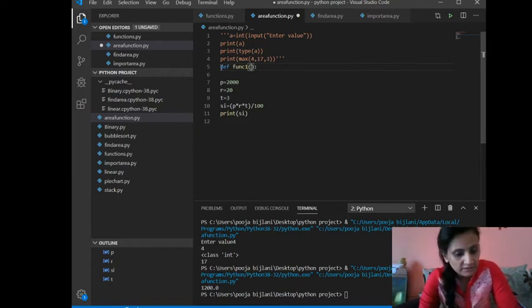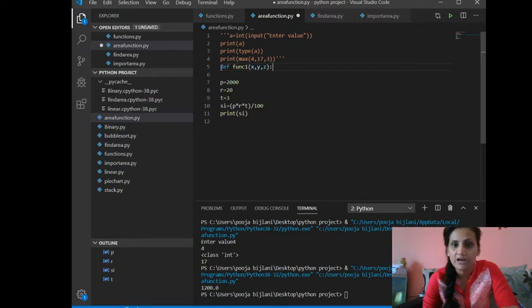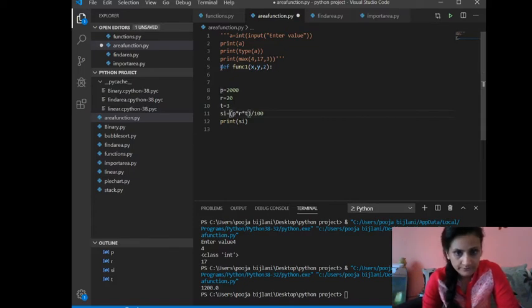Instead of p, r and t, I can take any variable. So I am taking x, y and z. So x, y, z are going to accept the values of p, r and t. Now what we will be doing here is, we'll just copy this.